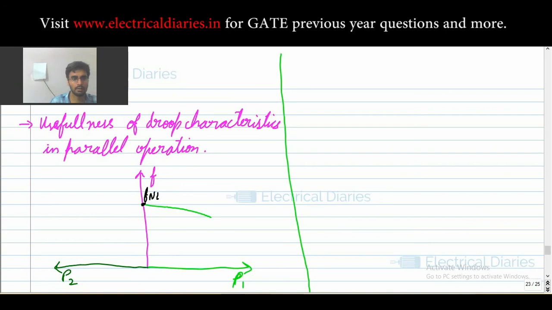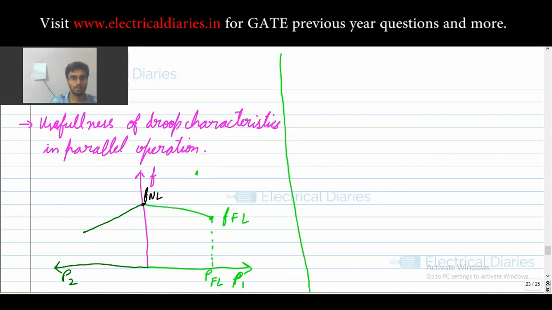This is the frequency at which both generators will operate at no load, and as loading increases, the frequency of generator 1 will decrease according to this slope, and generator 2 will decrease according to this slope. So that is the whole criteria. Now we can also mark this point as F full load for generator 1. At this frequency it will provide the maximum power, the full load power, the capacity of generator 1.